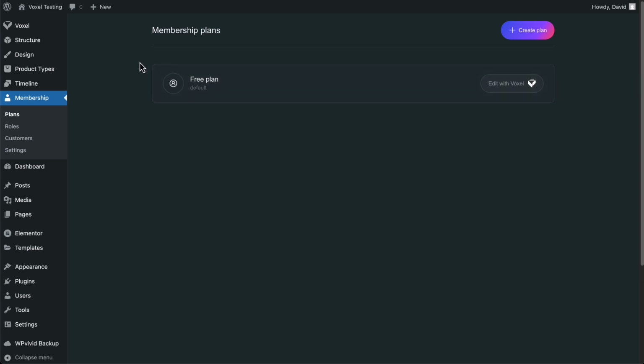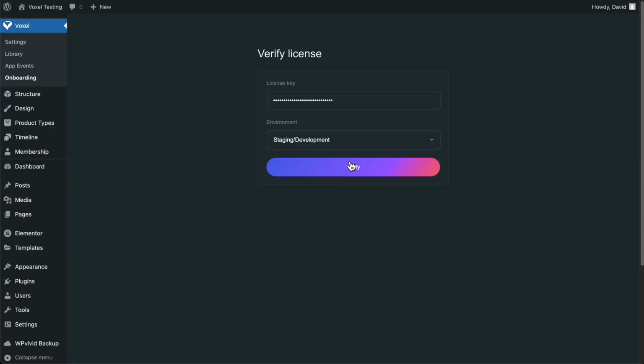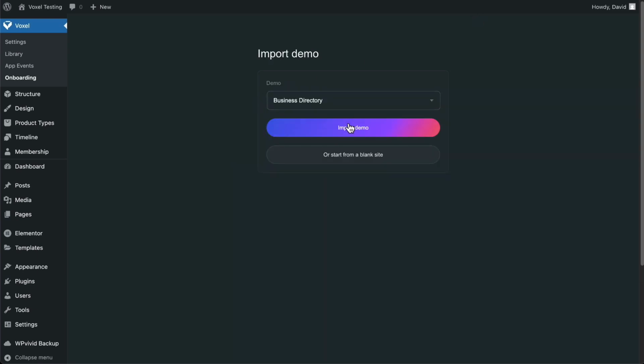Let's look at some of those in a little more detail by going into the onboarding back here, and let's install one of the demo sites that they have. We'll just install the business directory and import that demo. It's going to copy a lot of images over and stuff. It'll take a couple minutes, so I'll pause the video and we'll resume when we get close to the end. All right, it's just finishing up now,